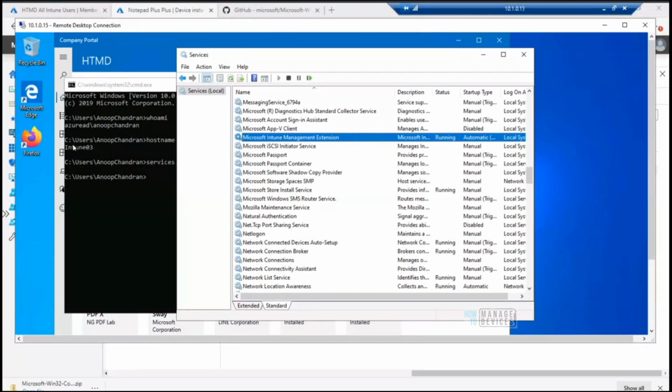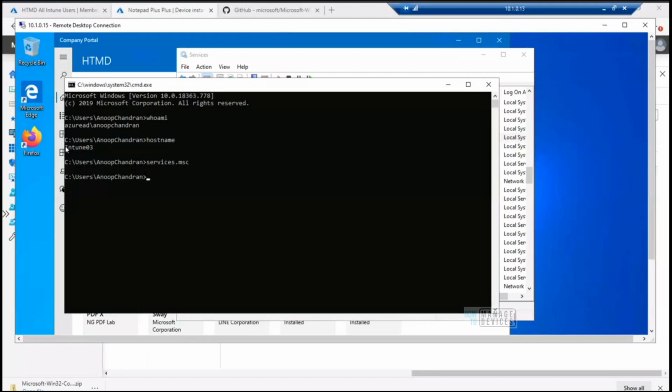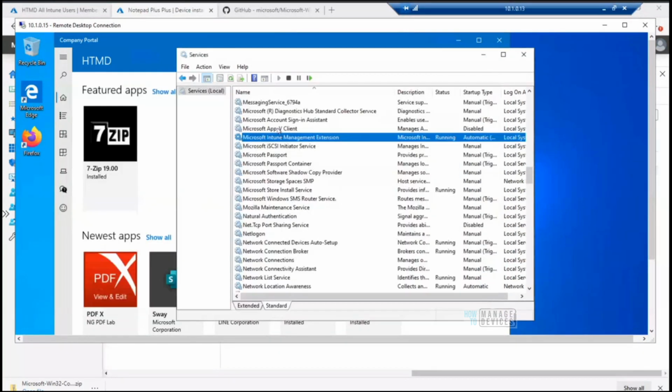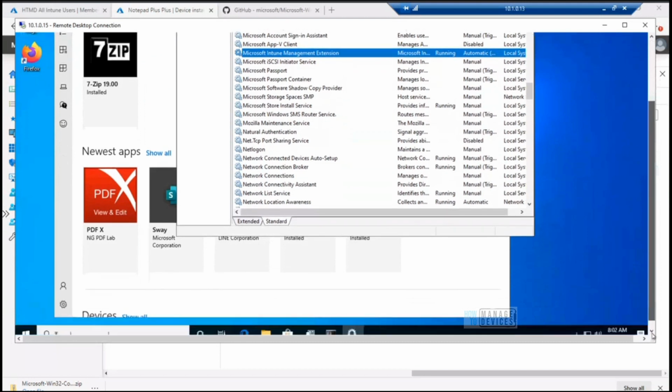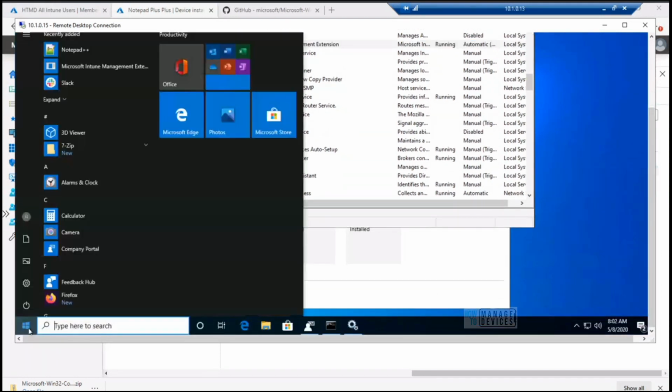This is the host, and you can see now the service is there. This is the Intune management extension agent which I talked about. So it got installed, and let me see if the application is there or not. Yeah, the application is installed.